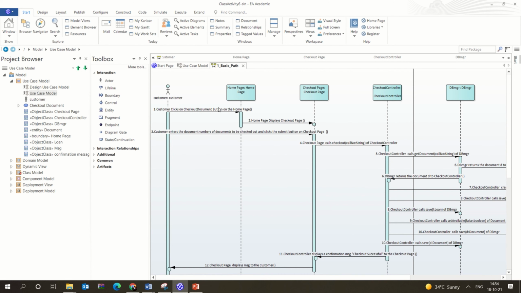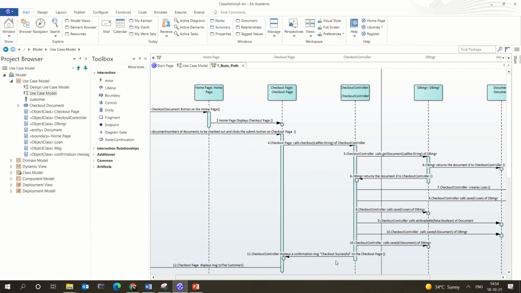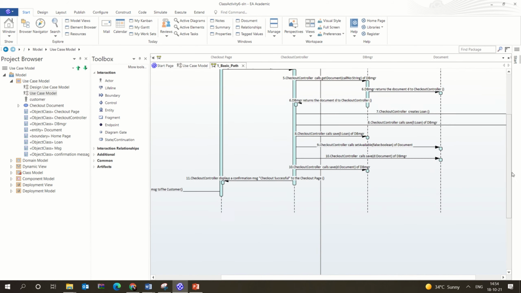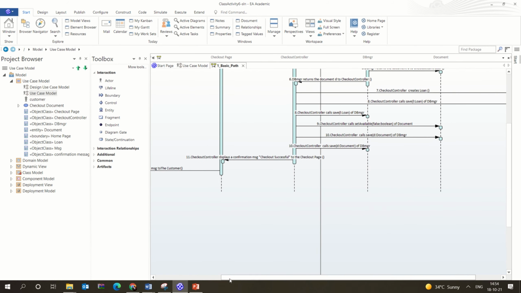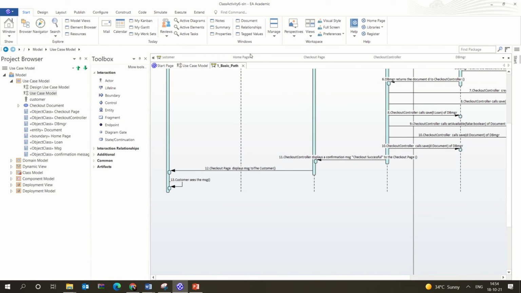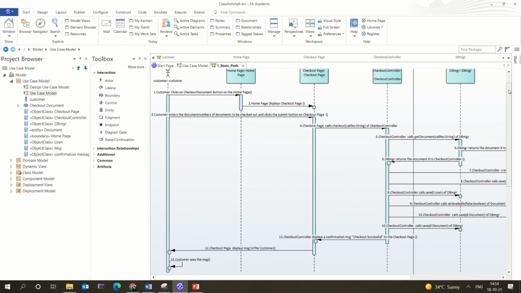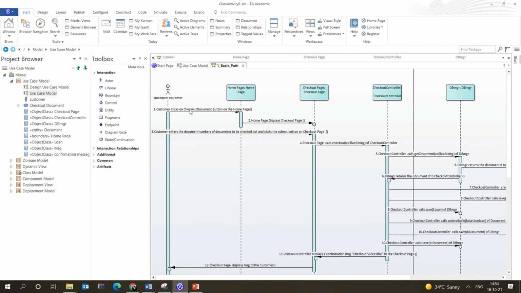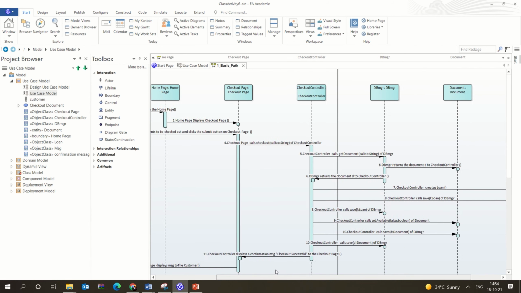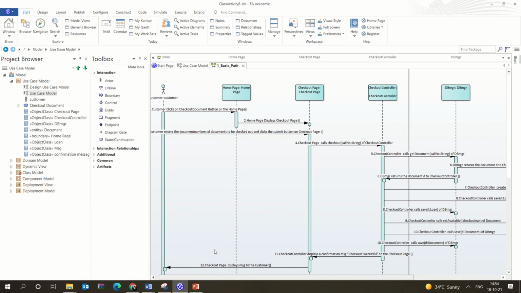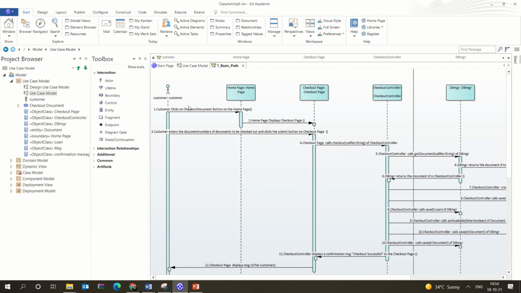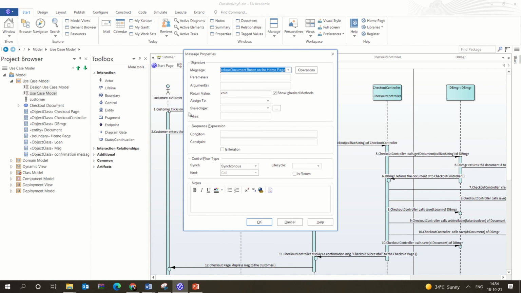So customer clicks on the document, so each and everything, so this is a boundary. Okay, so it's an entity, so everything is actually seen here. And you can also understand that the complete sequence of the steps, there are 13 or 14 steps there. So all the 13 steps are basically here as well. Okay, and one more thing which you have to understand is that in the previous SAD class, you would have actually learned about the messages, how you can give the messages.